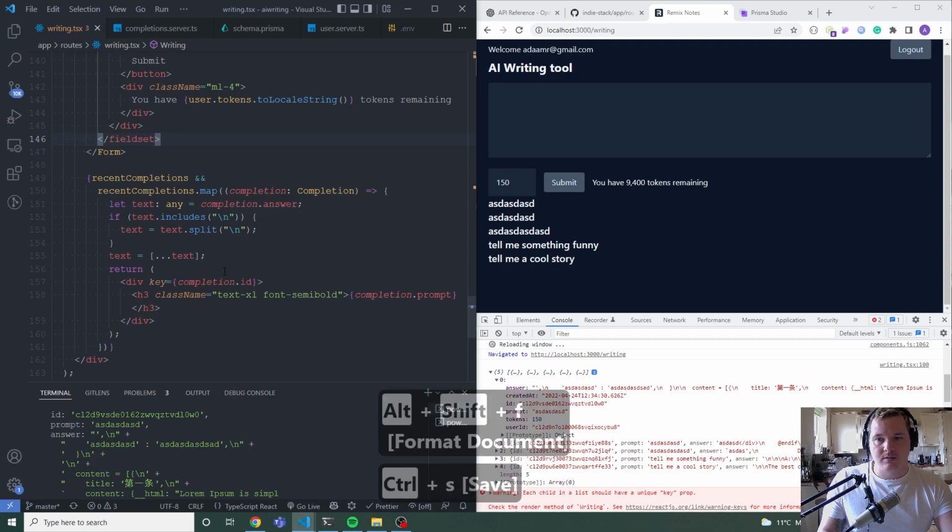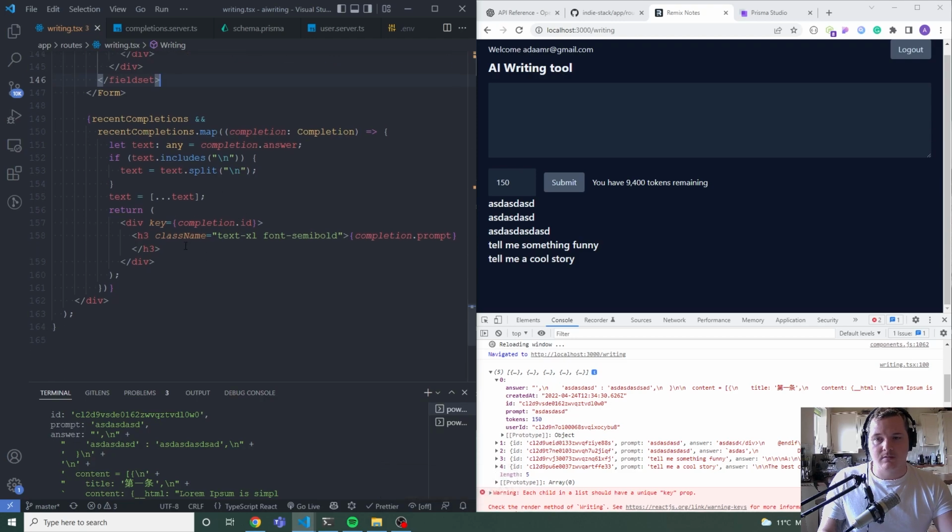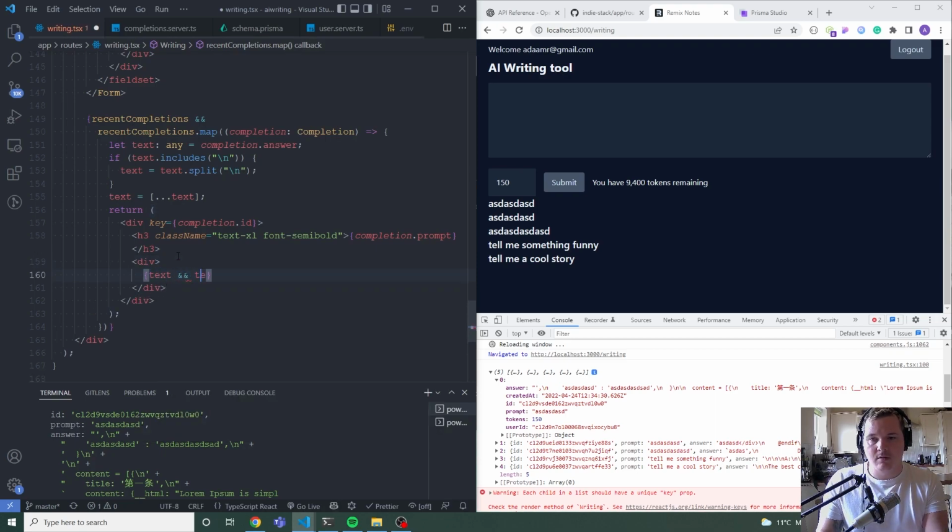I'm just conscious of the time. So then underneath this, we're going to do in a div. So we're going to say when we've got text, we do text.map. So we take the line, which is a string, and do a paragraph with the line. And then